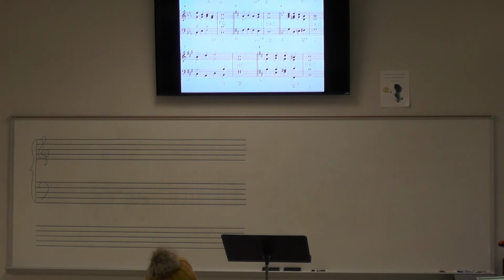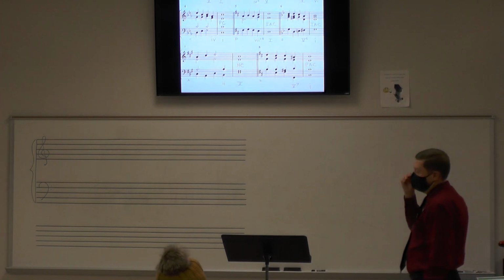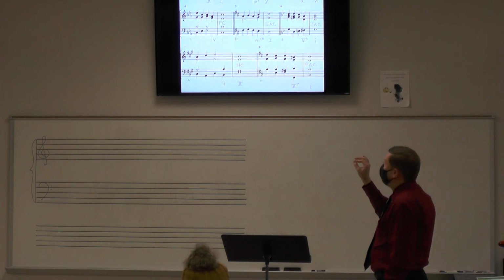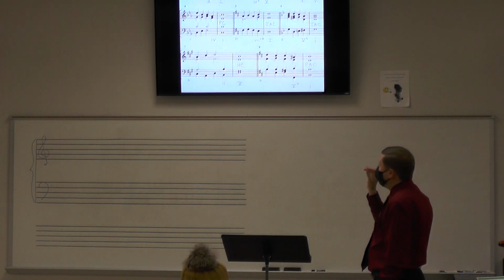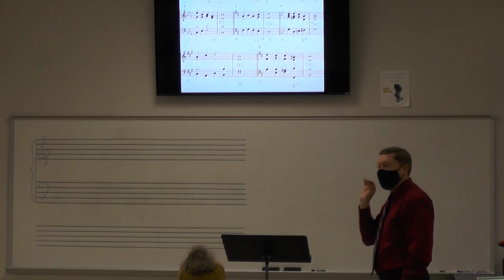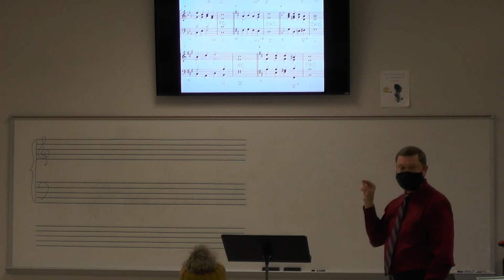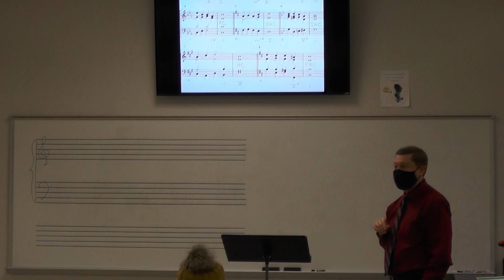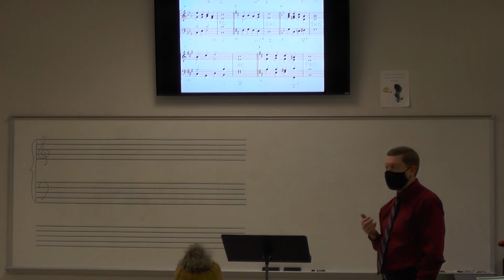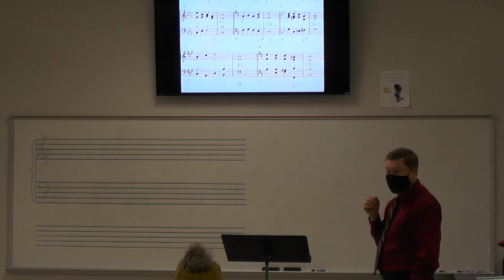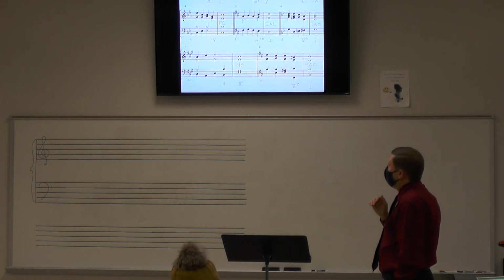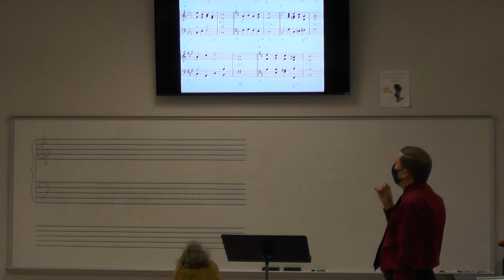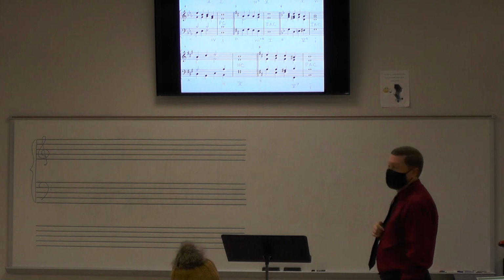And notice that, you can do it however you want, but when I analyze cadences, to find out the type of cadence, I have to do some harmonic analysis. I have to analyze the last 2 chords of the phrase or of the example. I have to analyze those in the key given. If I don't know what the last 2 chords are, how on earth am I going to know what type of cadence it is? Well, maybe I could guess, but I think my answer will be correct most of the time, and I'll be most certain when I do a little harmonic analysis for the last 2 chords.